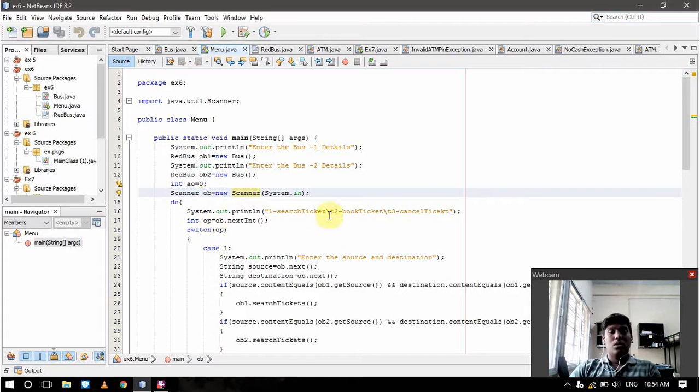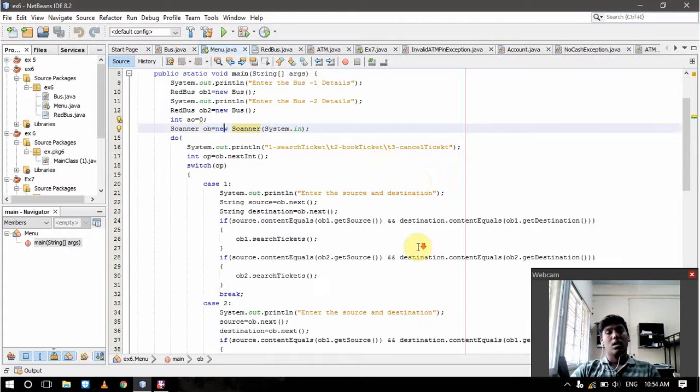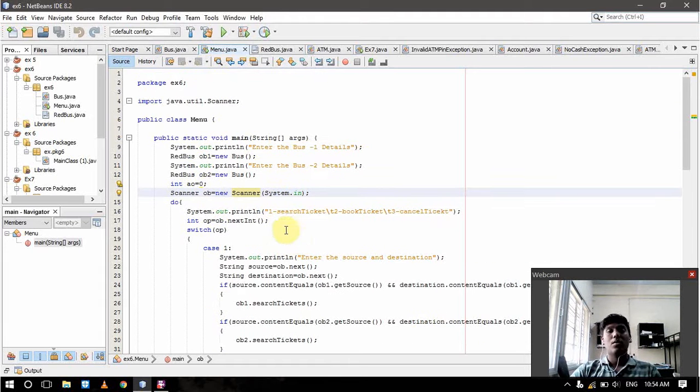Because of this menu driven program, I'm using switch case here. For case 1, I want to search ticket, case 2 for book ticket, case 3 for cancelling a ticket, and case 4 as default. For case 1, I'm entering the source and destination. Okay, before going inside this menu class,